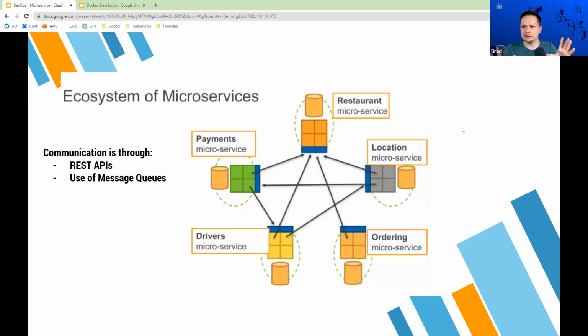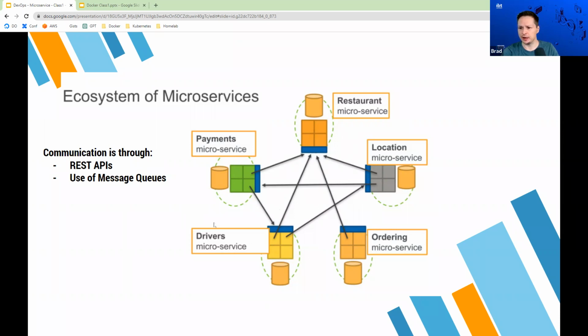And this is sort of what it would look like when all the different things are talking together, right? I mentioned here that communication is through RESTful APIs, but you can also use things like message queues. We'll get into that a little bit later. But for the most part, these different applications talk to each other directly through their public APIs, right?